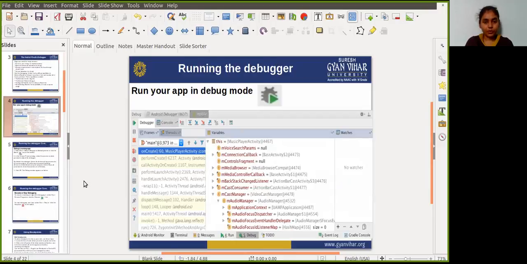You can see here in this example, this is a debugger window.